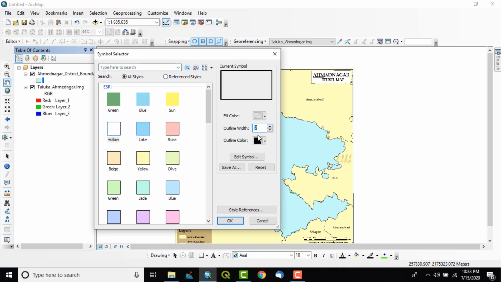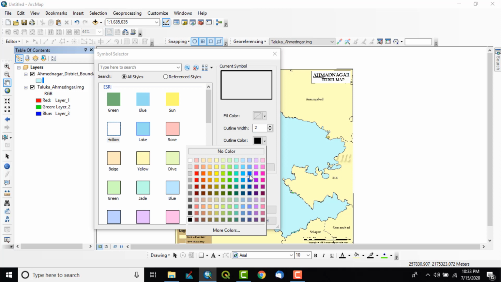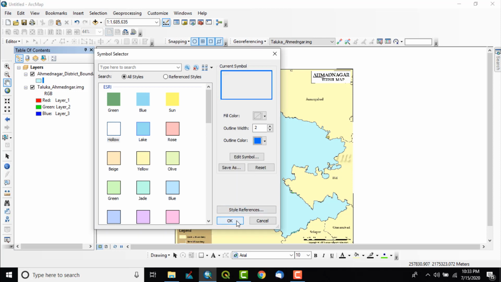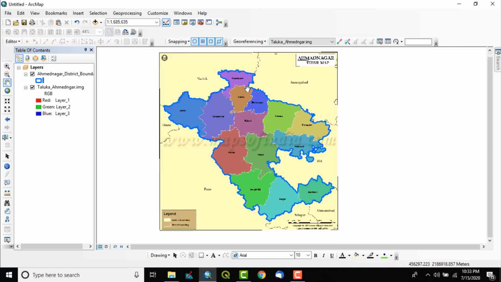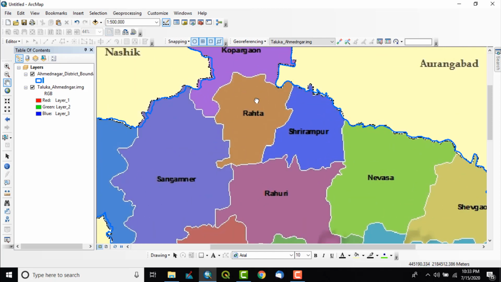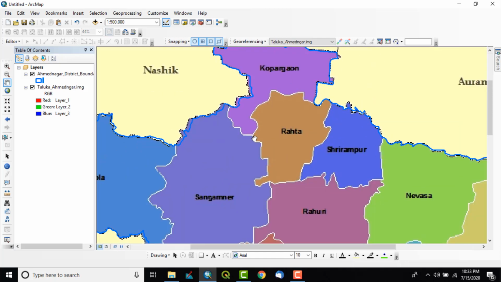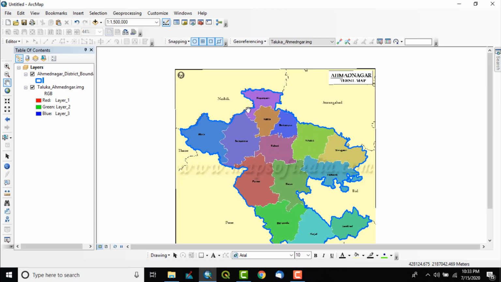I will make it hollow. I will change the color of the boundary and click OK. So what I am getting with this task is the Tehsil boundary of my concerned area, Ahmednagar district.